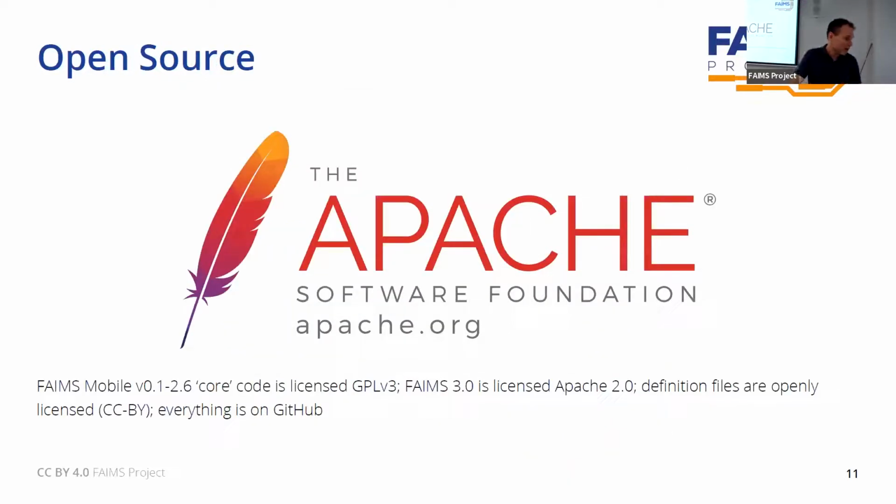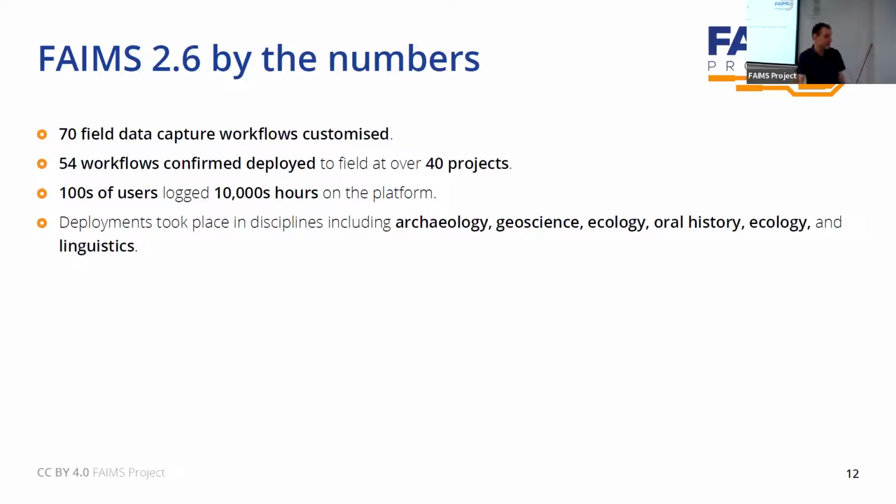So everything's open source. Our old software was GPL v3. Our new software is Apache. And in the end, for 2.6, from 2014 was really when we had our first production release until now, we've customized it about 70 times, and with the XML customization, I have to say, most, with two exceptions, maybe three,